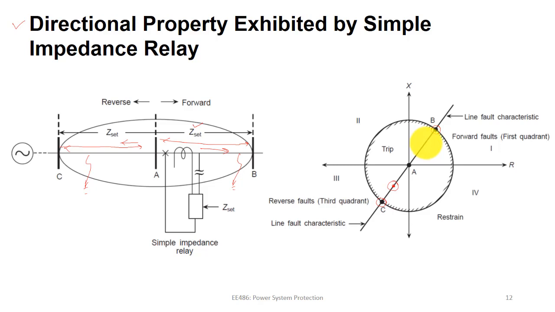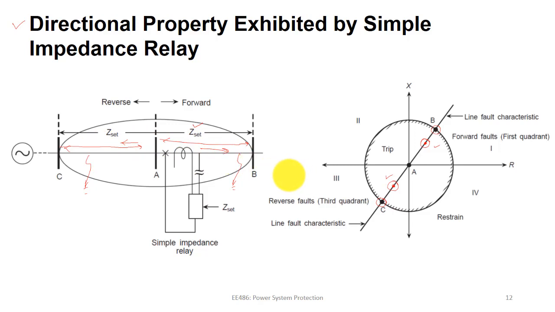And if your fault happens somewhere between A and B, the fault point will lie somewhere here. So all these points are lying within the trip region. Therefore the relay will trip whether the fault happens in AB or in AC. That means irrespective of